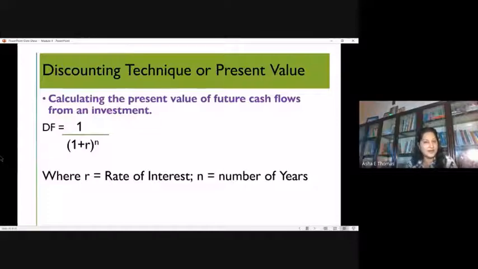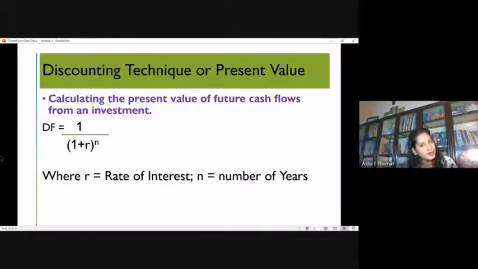In our previous class, we had been discussing the quantitative technique that will be used in derivatives, which is compounding. Now, in our discussion, we have understood that compounding is a concept which takes care of the future value of money. Suppose I invest 1 lakh, what is the value of that money after 1 year or 10 years with the respective interest rate? So that was about compounding.